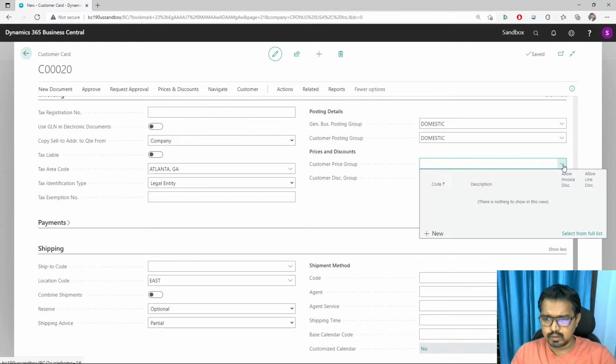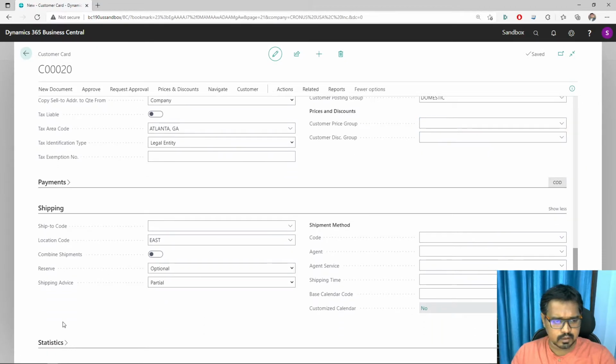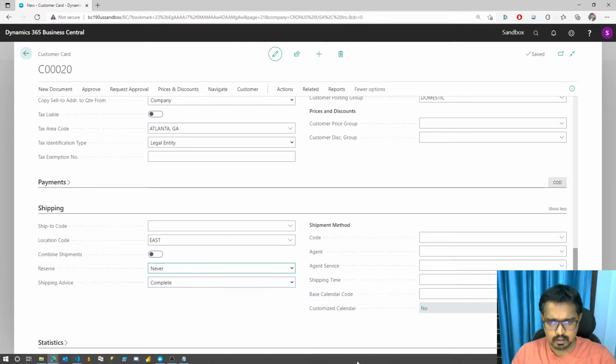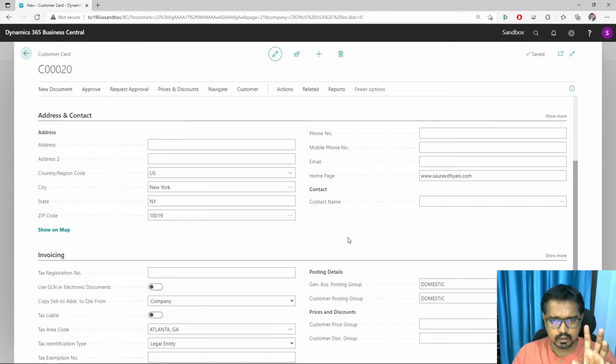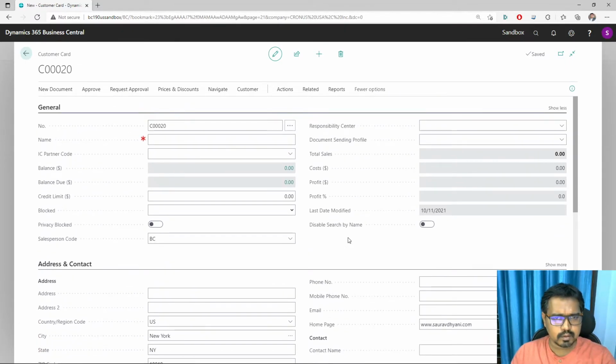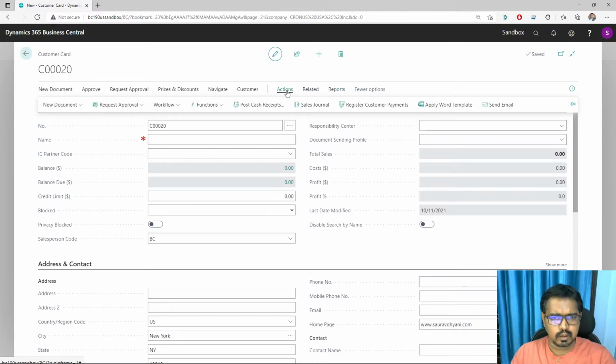I also want to set some other fields, which is shipping advice should always be complete and reserve will be never, just to pick some fields. Now once you have defined a more or less template for all the customers that you'll be creating, you can actually go into the actions menu, and let me see where they placed it.